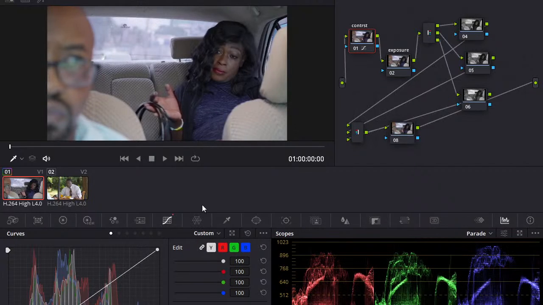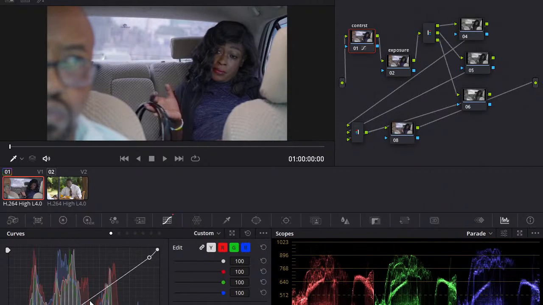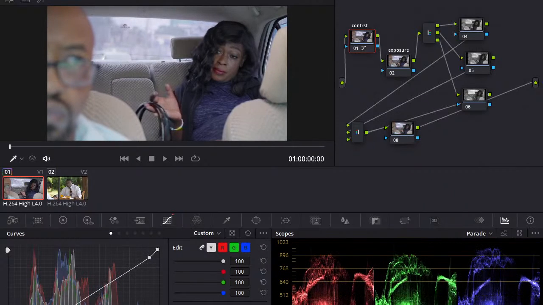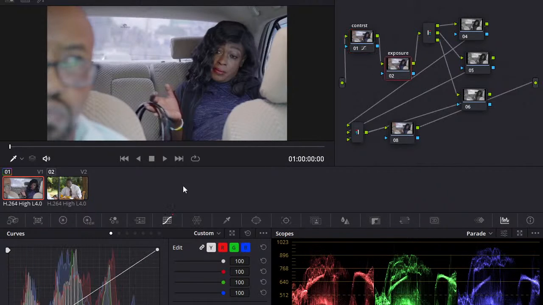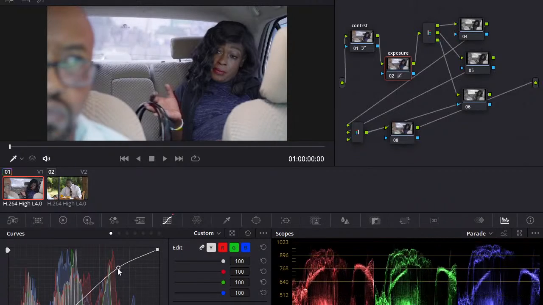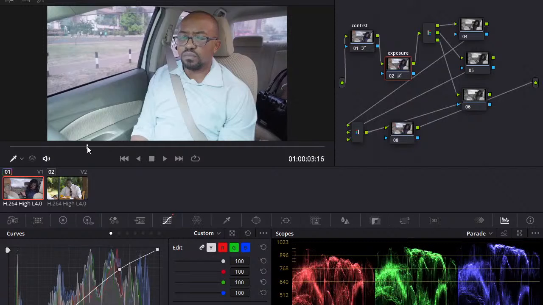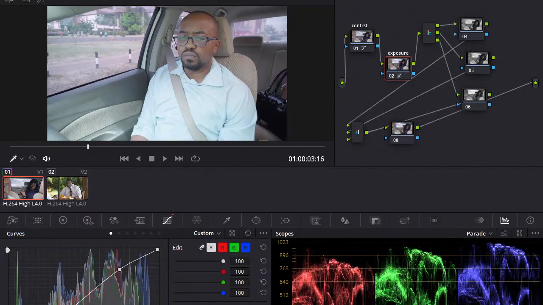Okay, and I think I can also try and push the midtones up a little bit, and I'm using a tablet, that's why you can see my movement is precise like that. And now when I go to exposure, this is where you mess with your brightness and the dark areas. I think for now I can say the image is kind of good, and that works only for this shot. In this shot lighting is different, but you can clearly see if I pop it back in and out, it's getting there, but it's not yet there.